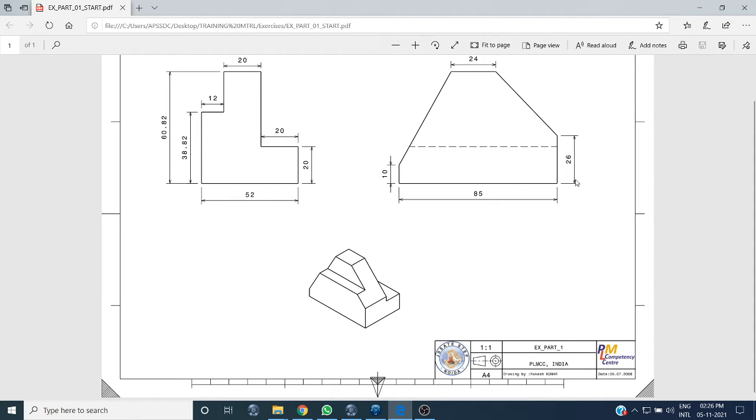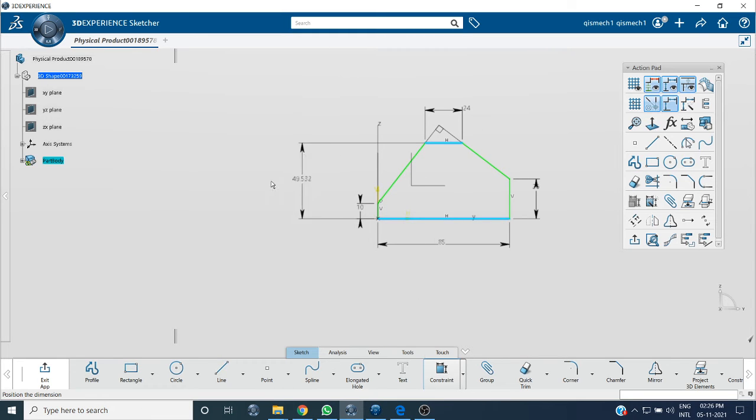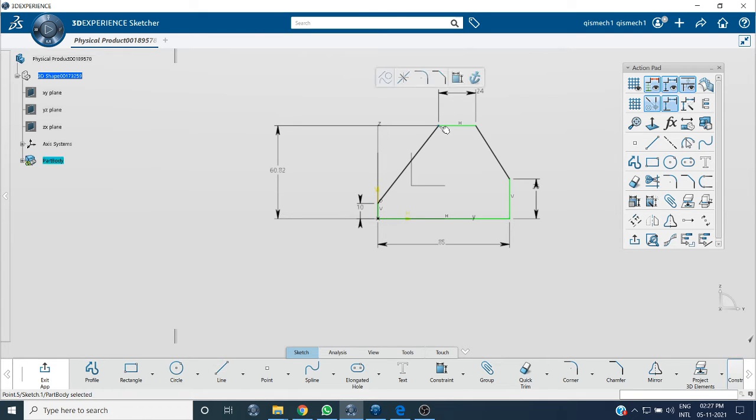As it is your front view, this is your side view. So the side view height is 60.82. You delete this, it is 60.82, and the dimension of this one is 61 by 2.